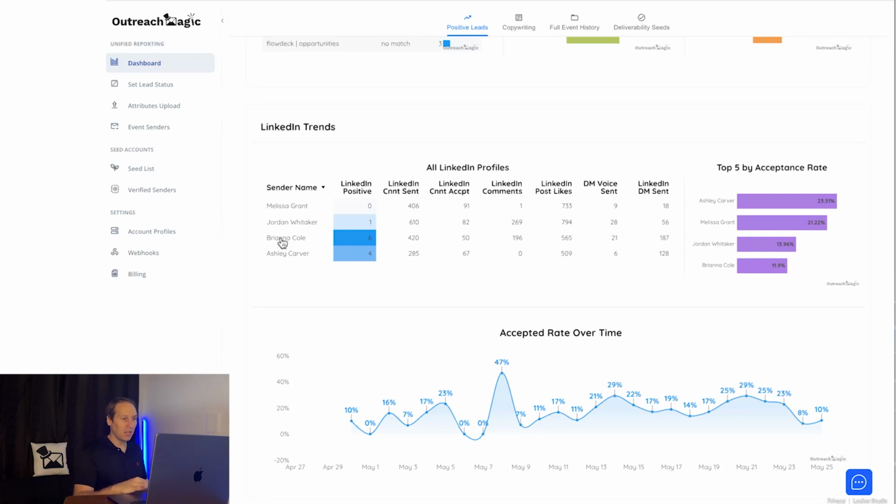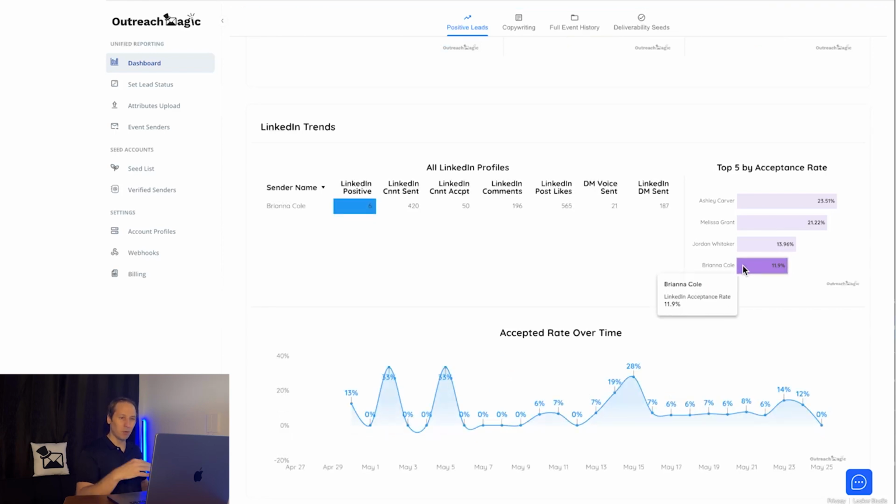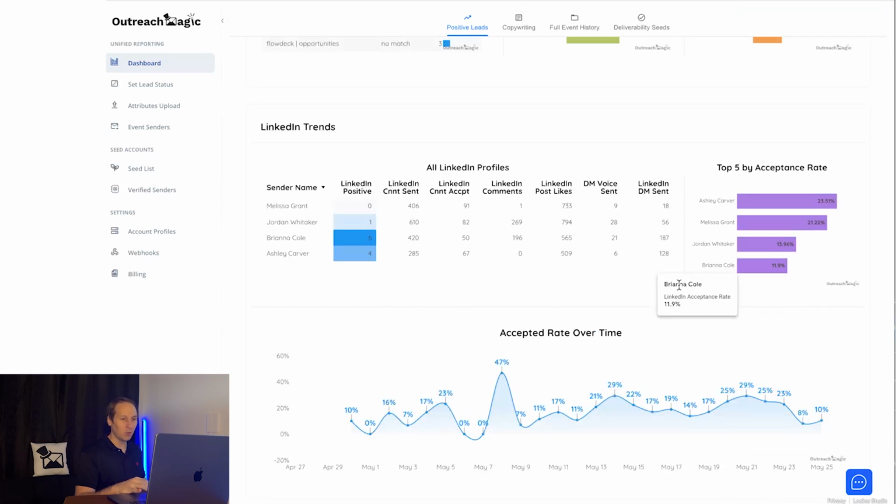You could also, again, if you just wanted to look at one particular person, click on Brianna, for example. It's interesting. She's having the lowest acceptance rates, but she's having more positives. You can start to look at these trends to see what's going on. That would actually show you how it's doing over time. So you can see, was there a major trend? Did something change? And you can see what it is for that particular time for that client or that particular person.